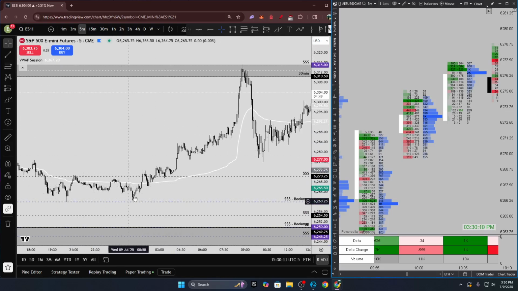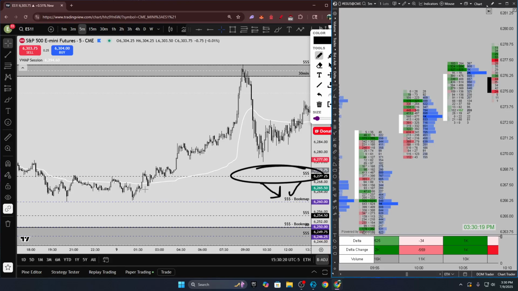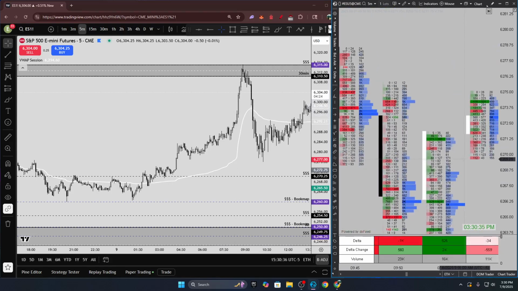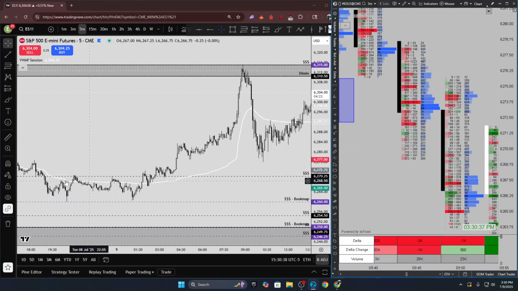From that bookmap liquidity, remember, bookmap liquidity is going to be the actual liquidity and driver of the markets as compared to this liquidity here. These are just lines on the charts. They could be noted as supply and demand, potentially, but they are support and resistance lines marked on the charts, technical analysis. No legitimacy proof that there's actually participants there. Bookmap tells us that there's participants there, and that is why.